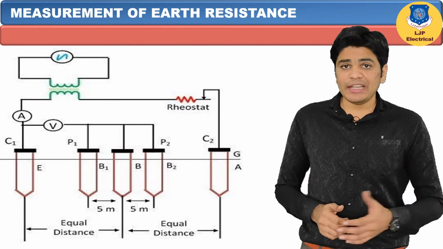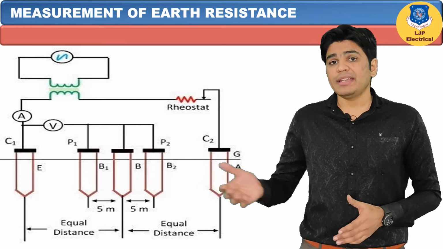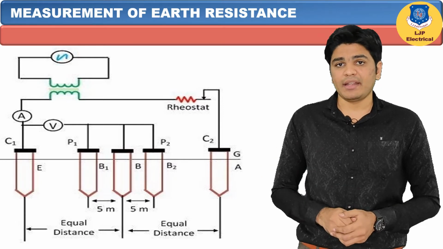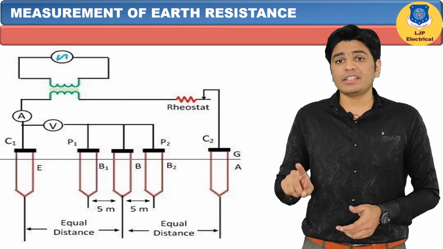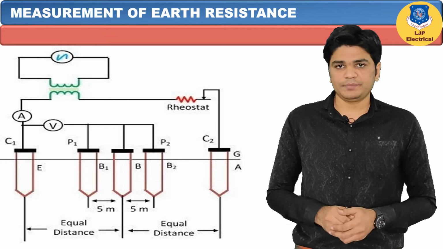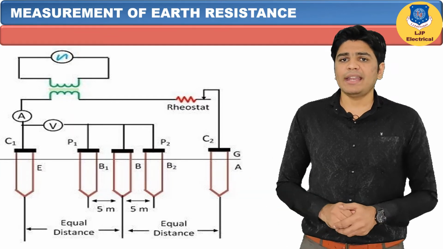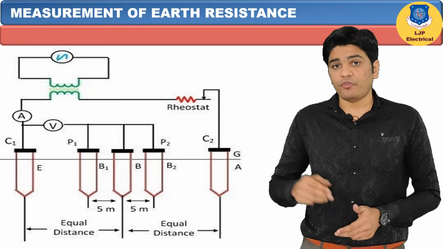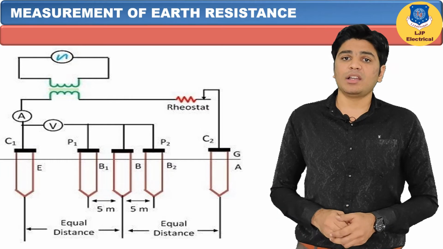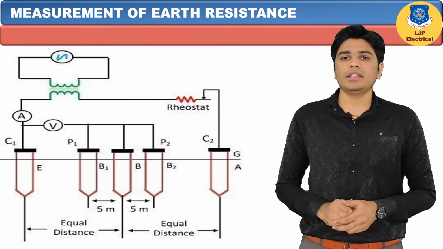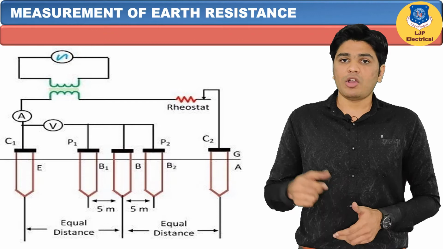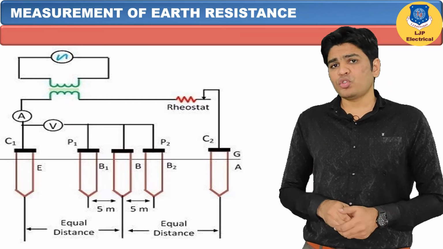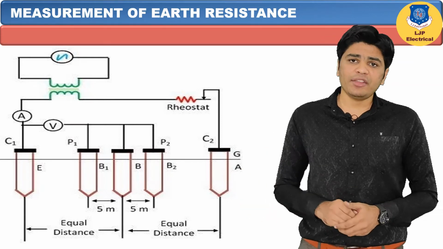If the resistance values determined are approximately the same in all three cases, the mean of the three readings can be taken as the earth resistance of the earth electrode. The auxiliary earth electrode A must be driven in at a point further away from E and the above test repeated until the group of three readings obtained are in good agreement. The alternating current source is used to eliminate the electrolytic effect.